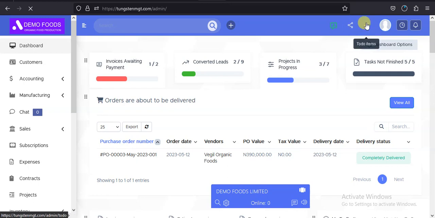You can do your to-do list, track the notifications, and look at your timetable. There are many things here that, when you sit down and look at it, you know it can take care of your business from beginning to end. You don't need to use any external system to manage your business. So that is all that is